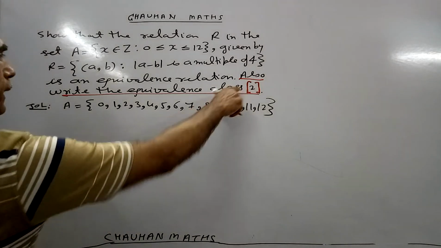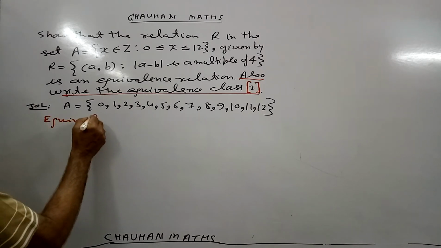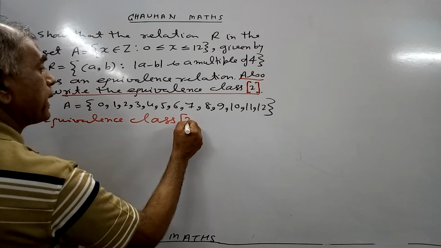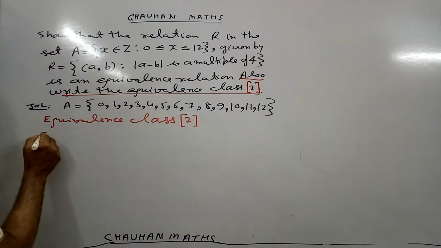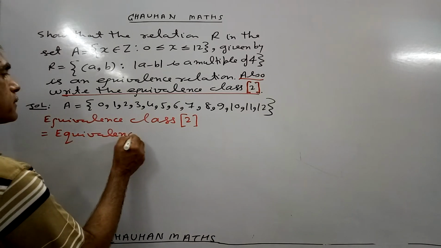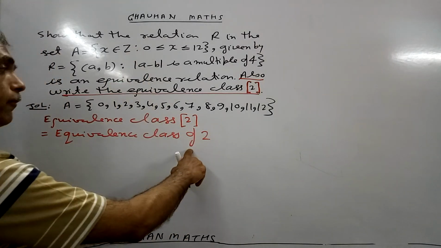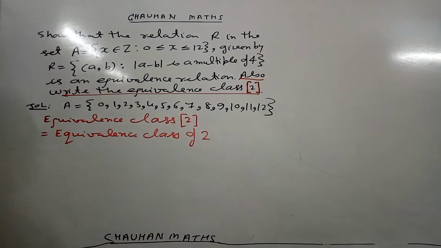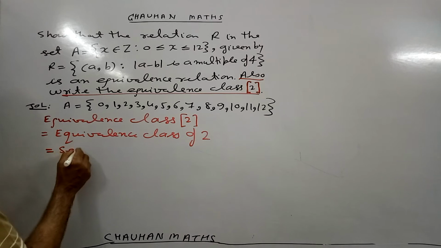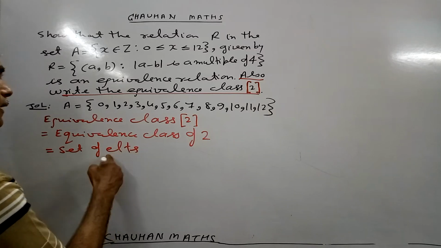So we write equivalence class 2. Equivalence class namely bracket 2. This is also called equivalence class of 2. आप अगर ऑफ लगा देंगे तो ब्रैकेट रिमूव हो जाएगा। दिस इज ऑल्सो नोन एज सेट ऑफ एलिमेंट्स,